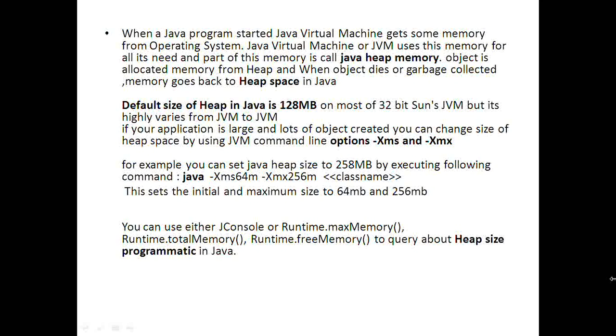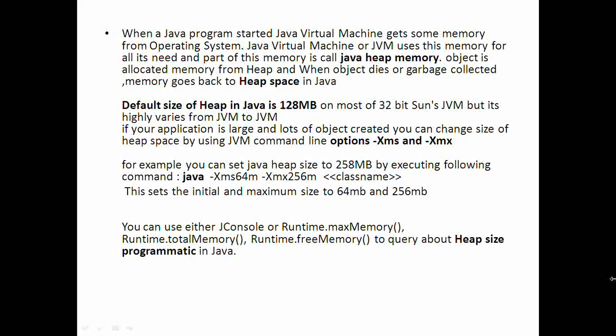So suppose I'm executing a Java program at runtime by the command java followed by the class name. Between that java and class name, I can add parameters -Xms and -Xmx. These two parameters set the starting size and the maximum size for the JVM memory respectively.